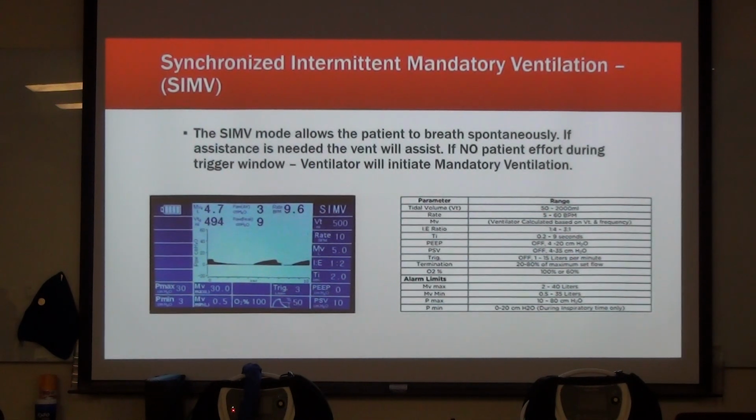Your PEEP, you can go from 4 to 20. Here's pressure support. It's off, but you can actually move to pressure. There's a trigger. It's off, but it goes from 1 to 5 liters a minute. And then termination for maximum flow is at 20 to 80%. O2